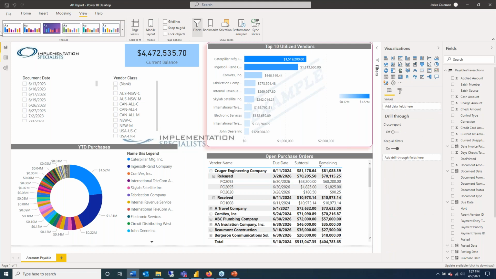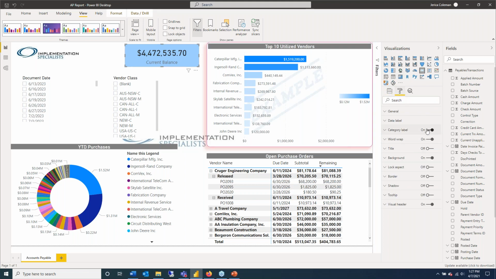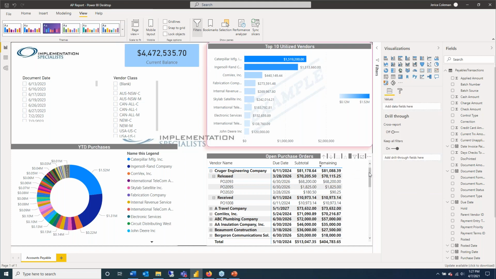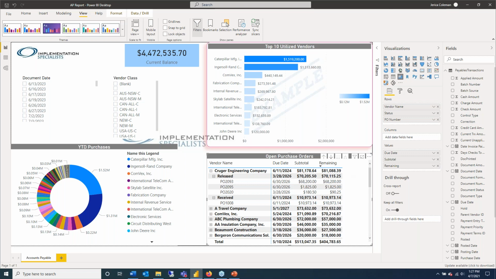Okay. One other thing with this card visual, we had mentioned about this label here. It is the category label. If you turn that off, it will get rid of where it says current balance here. Okay, so let's go ahead and look at a couple things that are different to just call attention to, as